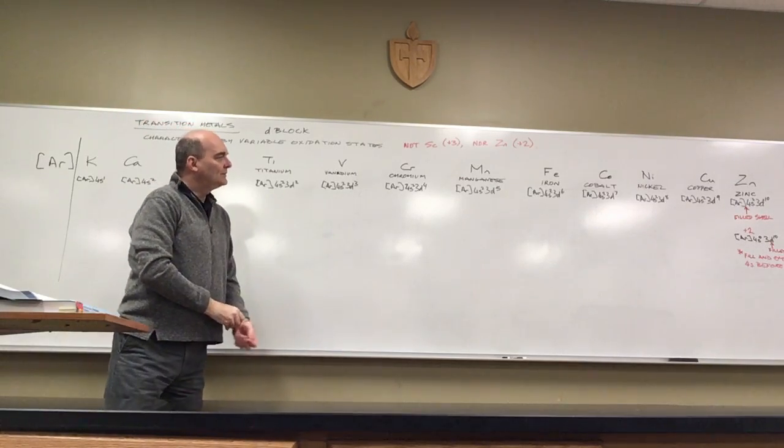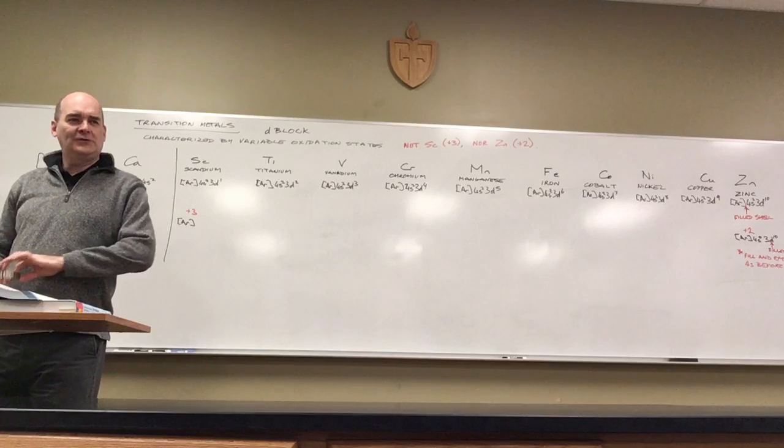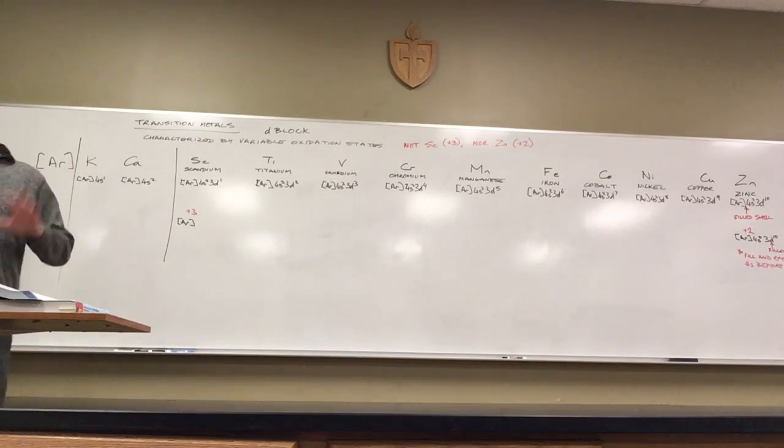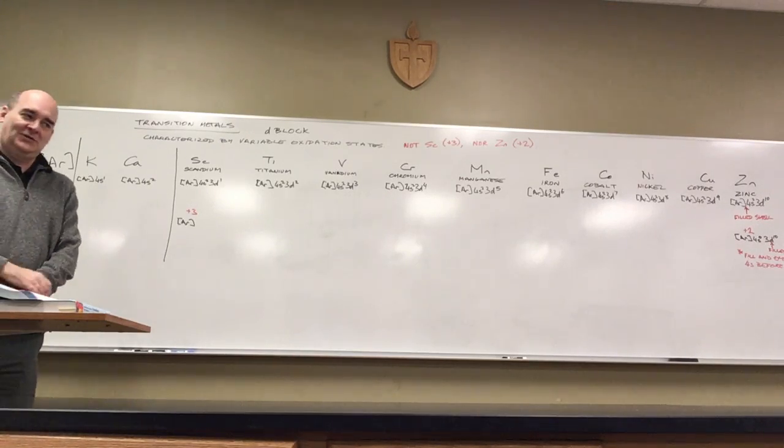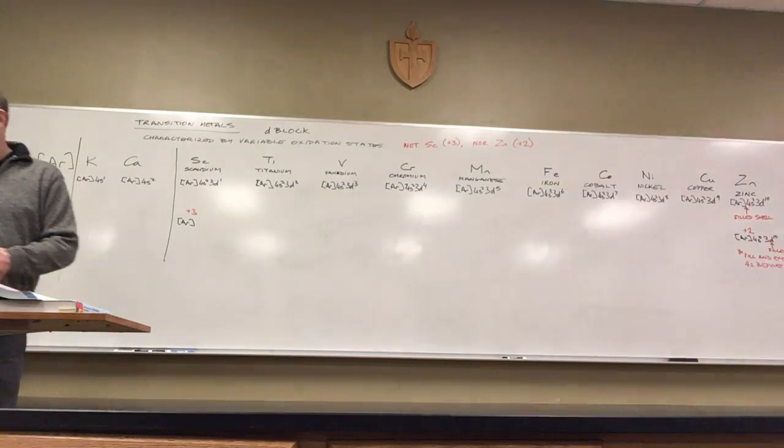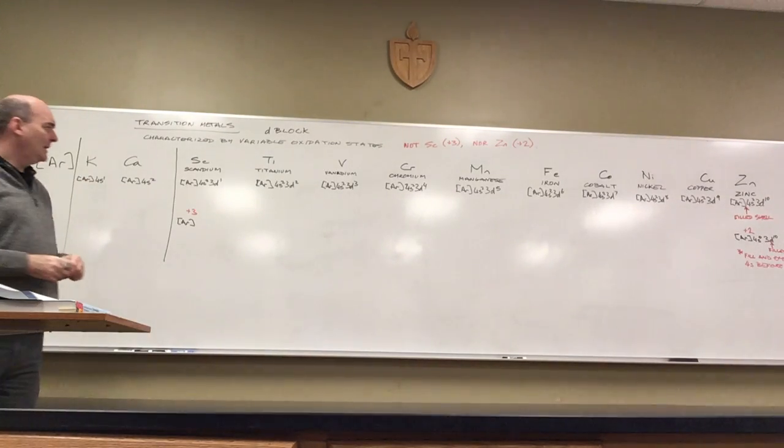And we'll spend our time looking at the first row of the d block, because the first row is easy. Well, interesting. Lots of stuff is going to be thrown up, but not absurdly difficult. All right, let's look at some